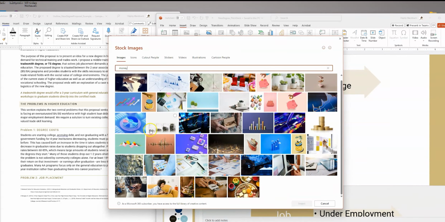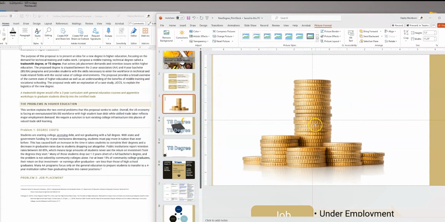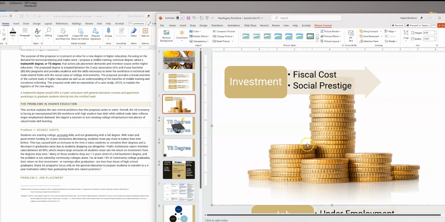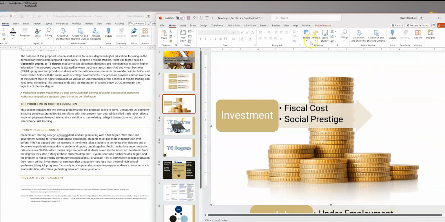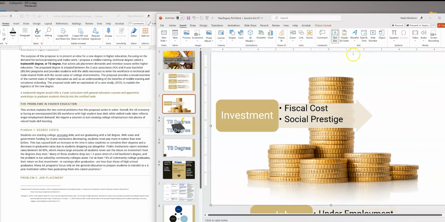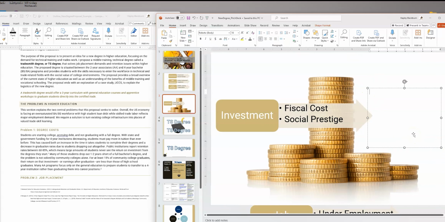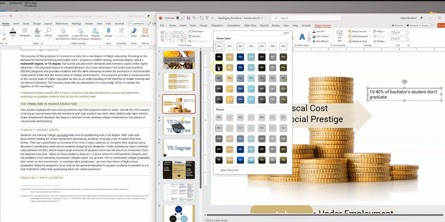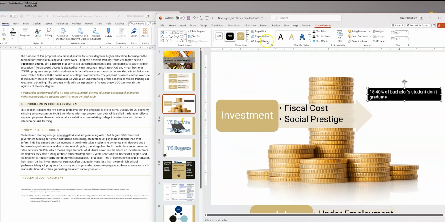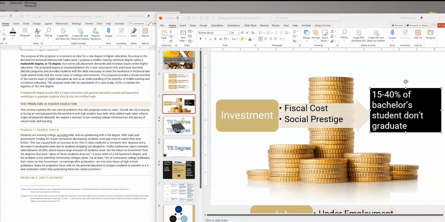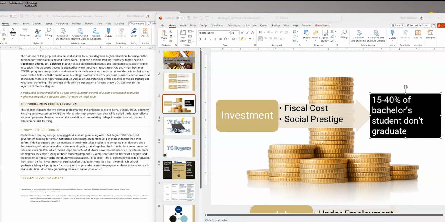Since this is about fiscal stuff and investments, I'm looking for, again, the Microsoft library, search for investment, cost, money kind of images. I came up with this coin. So it's representing people spend a lot of money on college, and then adding this text box, super high contrast, with that key statistic that I want to talk about, that really outlines the fiscal cost idea,